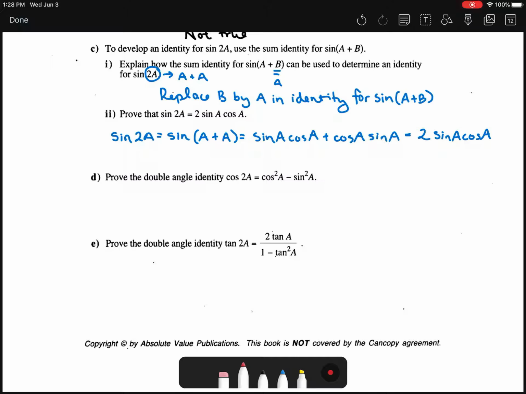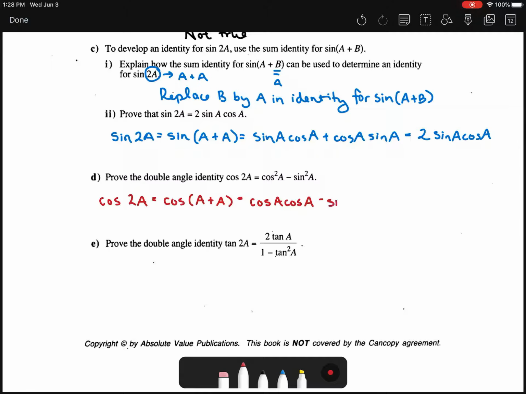Okay, in the next one it says prove the double angle identity cos of 2a is equal to cos squared of a minus sine squared of a. So again, I am talking about the cos of 2a, just like up above, and I can rewrite that as the cos of a plus a, right? A plus a is 2a. Now this is like a plus b, but I'm going to have a in both spots, okay, instead of an a and a b. So this is cos a